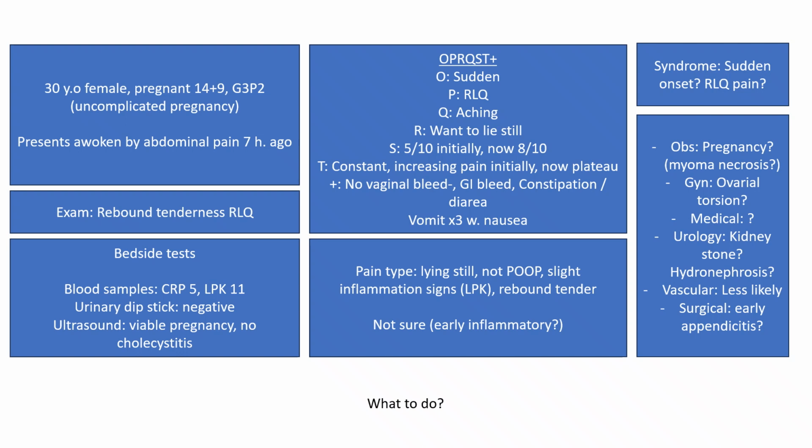Okay, so if we think about the differentials here, so obstetric, well, it could be pregnancy related. It could be the pregnancy that is being miscarried, but it could also be myoma and necrosis, which is something I've seen a couple of times, and it's one of these common but non-time critical conditions. But it's really good to see it with ultrasound, because if you see the myoma that's really hurting, and you can measure it and do kind of a Murphy sign on it, and when you push on it and it hurts, then you have quite high suspicion,